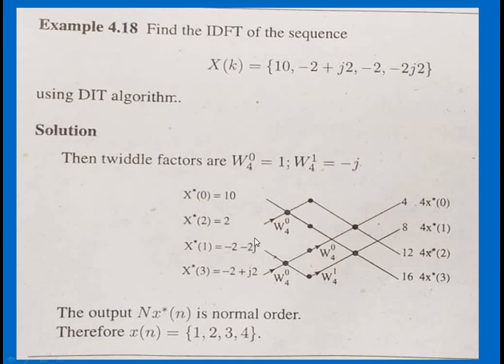After finding the number of stages required, we go with the number of blocks per stage. The formula is N by 2, and N is 4 here. For the first stage, N by 2, that is 2 blocks are required. For the second stage the length will be 2, because 4 by 2 is 2. So we take N as 2 for the second stage, and 2 by 2 is 1. So there is 1 block in the second stage.